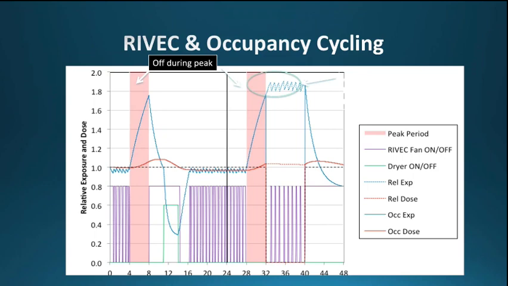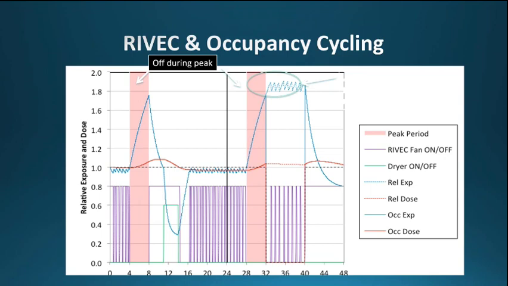This is 2 days, 48 hours along the x-axis, of operating on the schedule I just mentioned. You see the purple line going up and down. That is the fan. In this case, this particular example is for a whole house exhaust mechanical ventilation fan. It's oversized by about a factor of 2. And so if you look at where it begins at 0, you see that it's cycling on and off. That's because the controller doesn't need it to be on all the time. It only needs a partial time. So it's cycling on and off to maintain